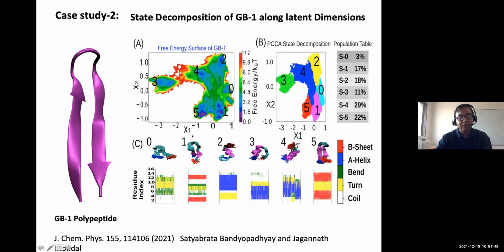What we are doing now is trying to project our simulation trajectory on a free energy landscape along the bottleneck layer that we obtain from this autoencoder, which is called chi1 and chi2. And what we found, most importantly, is that along this projection of chi1 and chi2 we can clearly see many different minima. The blue is the local minima that we find. We do see that there are quite a lot of states which are, first of all, non-overlapping, and most importantly, one can actually decompose this entire free energy surface using PCCA,